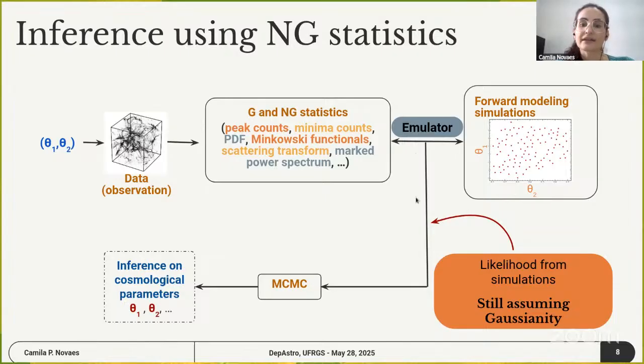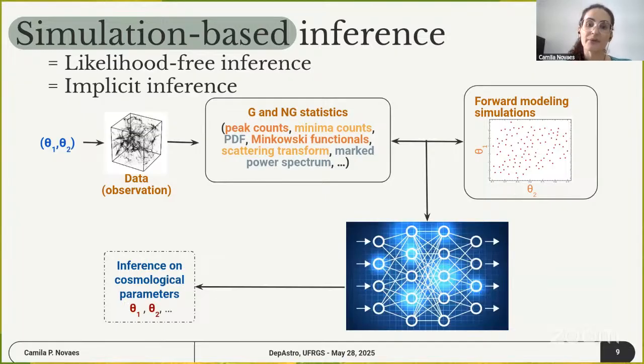So after that, again, you can consider a likelihood, in general again Gaussian, use this MCMC method and then infer your cosmological parameters. So here, instead of just comparing what you have from the data with the theory, you are comparing with what your emulator is providing. So how can we go even beyond this and avoid assuming any likelihood,